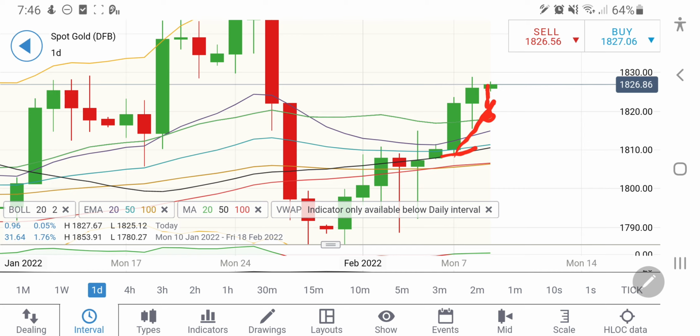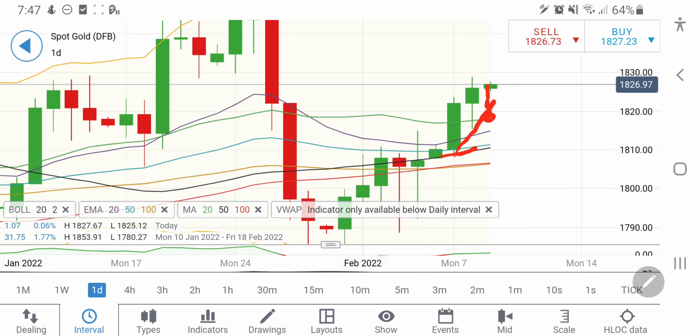So below 1824 you can scalp for 3 points. You can expect it to drop till 1821, and from there at around 1821 levels you can again try to enter long for 1828-29 levels. This is one of the probabilities, and beyond 1829 definitely it will fly towards 1832, 1835 and 1838 levels. In fact, it can go well beyond towards 1845 and 1847 levels. So take your positions accordingly.